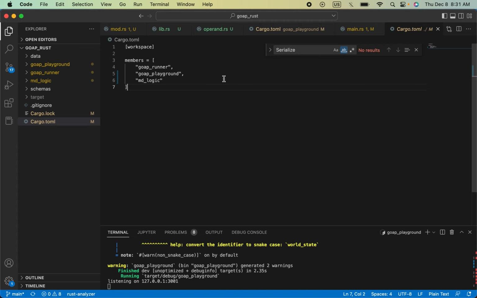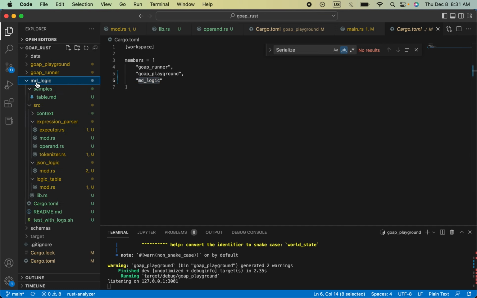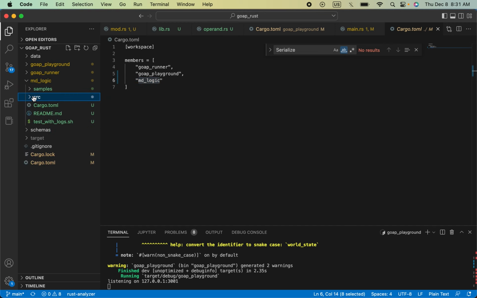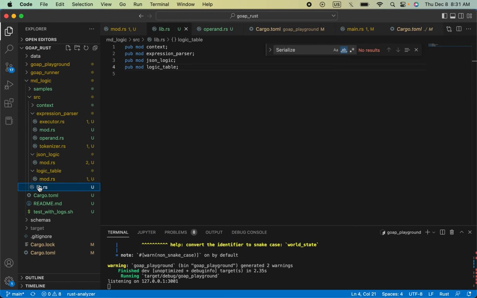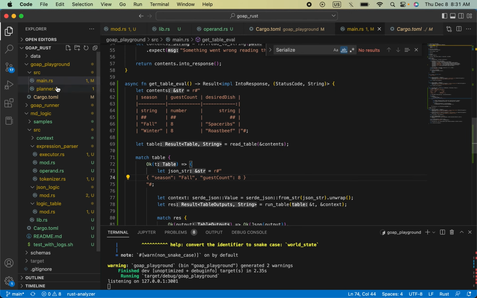We were able to move the MD Logic code into a lib file, so it could compile into a, is it dynamic or static library? I don't know, but it can be used now in our Go